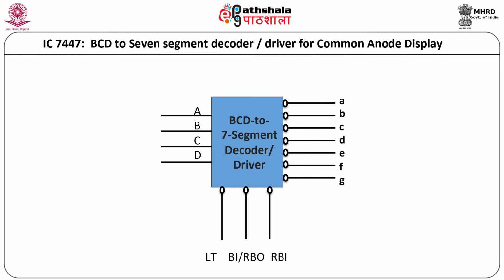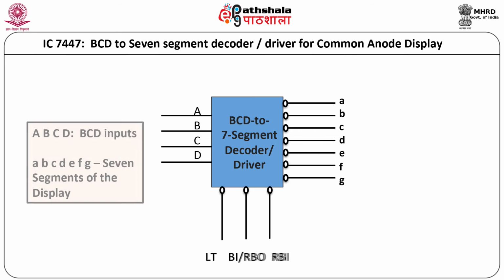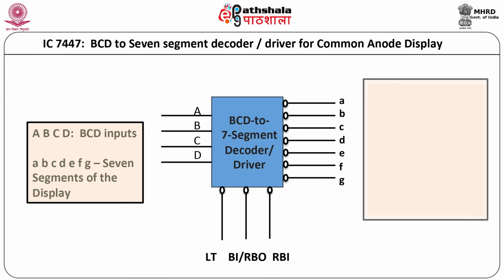IC 7447 has 4-bit active high BCD inputs which are A, B, C and D, and 7 segment low outputs to drive LED segments which are labeled as A through G. Please note that decimal point LED output is not shown here. In addition, this decoder has 3 additional pins. These are used for special purpose. The function of